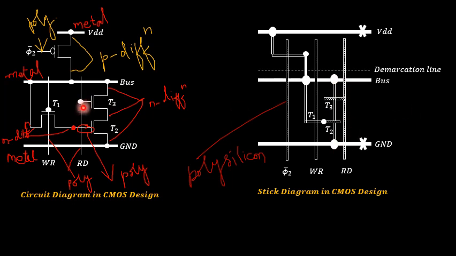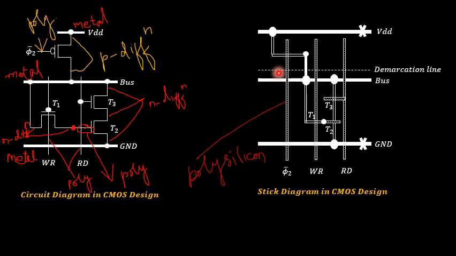Then transistor T3 has to be formed. So this is a diffusion layer, vertical layer. So I can use the horizontal layer as a polysilicon. So the transistor T3 will get formed. That is N diffusion crossing the polysilicon has formed the transistor T3. So extend it with the vertical line. So that is nothing but your read signal. So when all these are done,